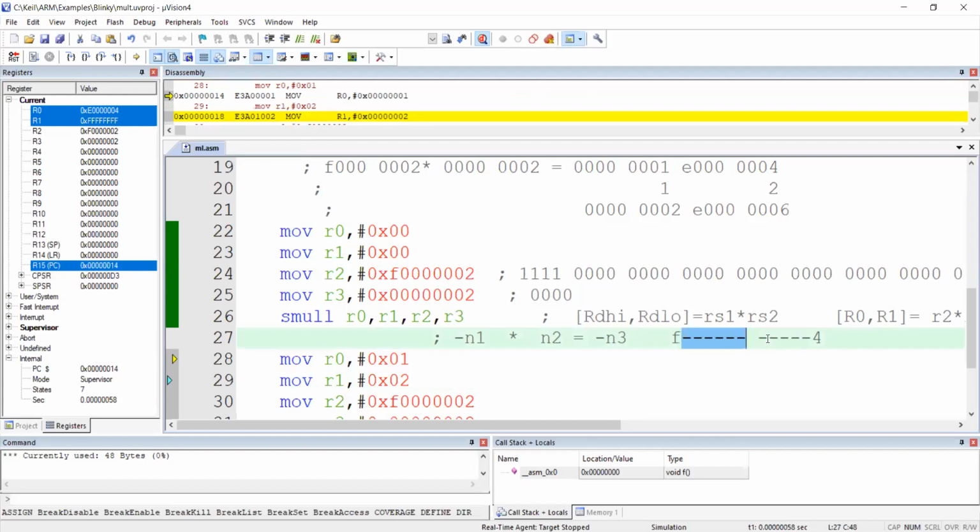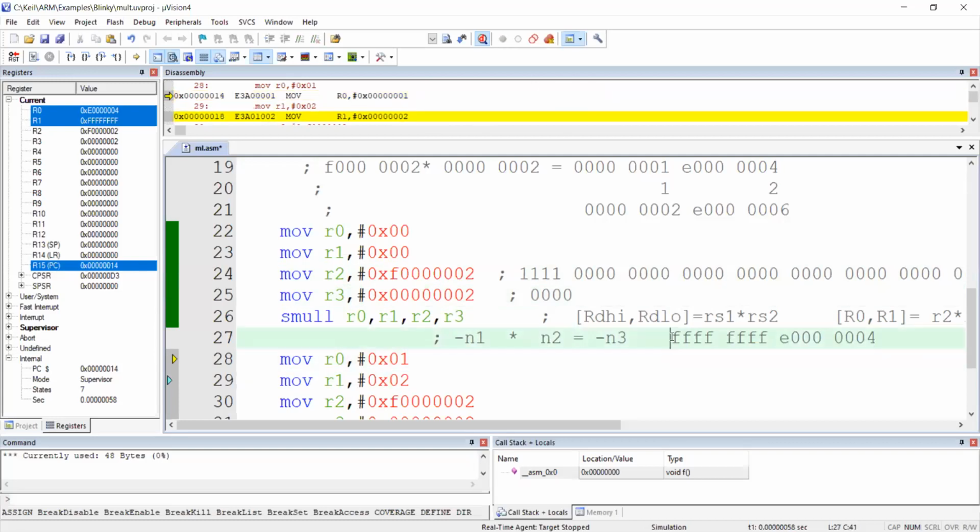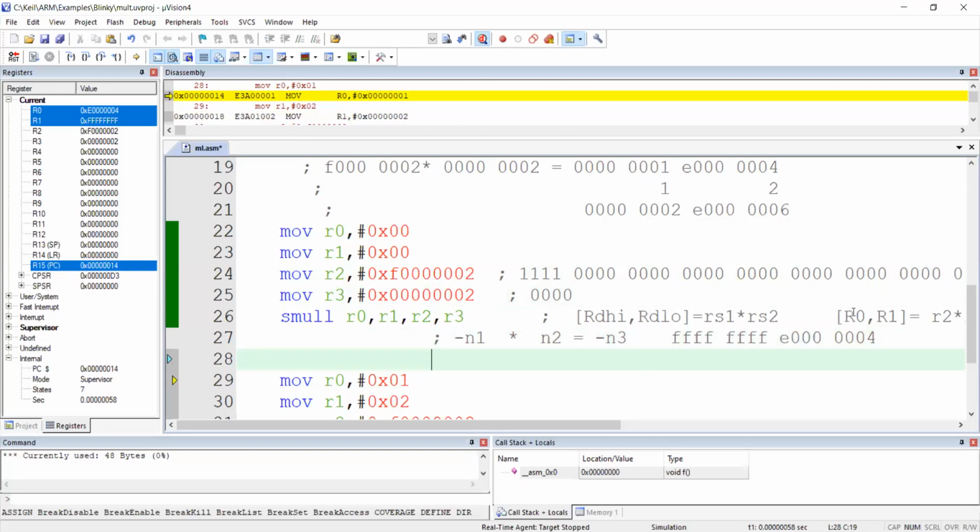So what about the R0 value? Here, what I will do, instead of this, I will write the exact number 2, 3, 4, 1, 2, 3, 4. Then I will do this. So here is E, 1, 2, 3, 1, 2, 3. Okay, can you see now here? What is the product of two big numbers in which one is negative and one is positive? First thing, the answer is of 64 bits. Second thing, the answer will be negative because one number is minus, another number is plus. So what is definite about this? If you expand this, what will you get here? Here, see this 1, 2, 3, 4.